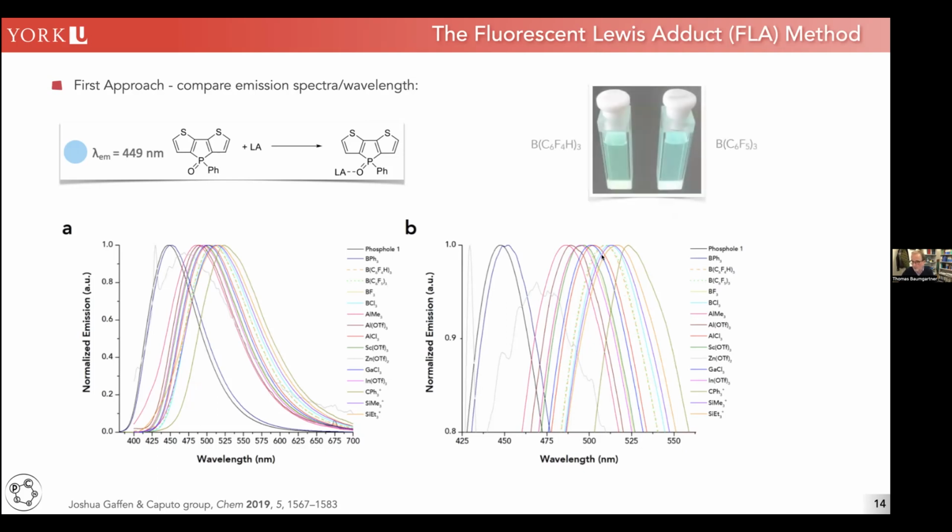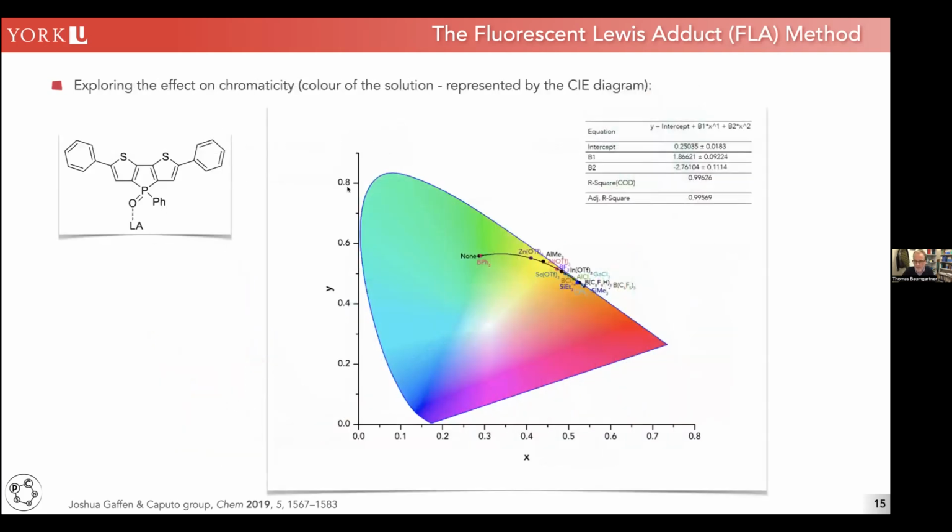But we did notice that when you look at the color of the solution, so here we have the para-hydro species and here's BCF, you can see there's different shades of green that we noticed. And we said, that's interesting. And then we realized, yeah, these different shades of green actually take into consideration the entire emission spectrum, not just the emission wavelength. And you can actually measure this. This is called chromaticity. This is something that's well known in the lighting industry, actually. For those of you who have never seen this, this is shown here.